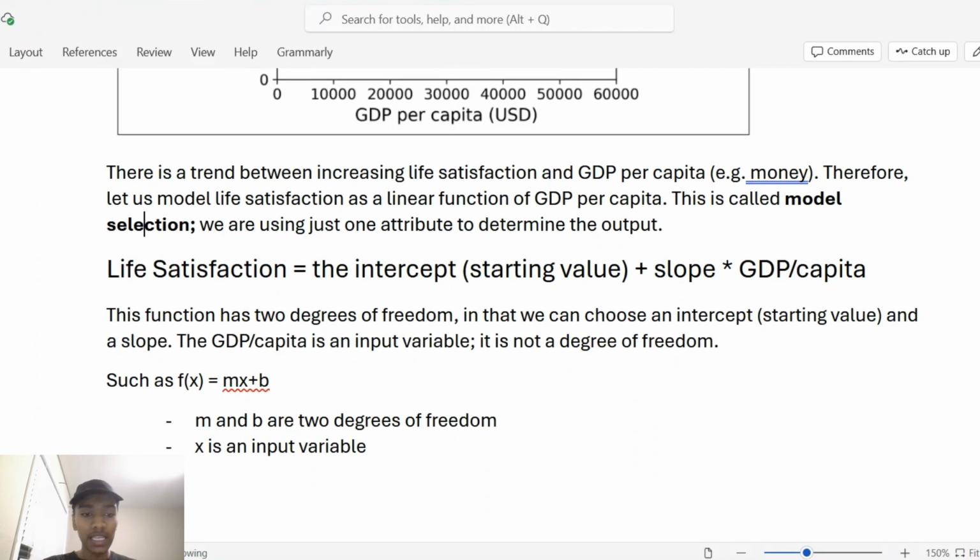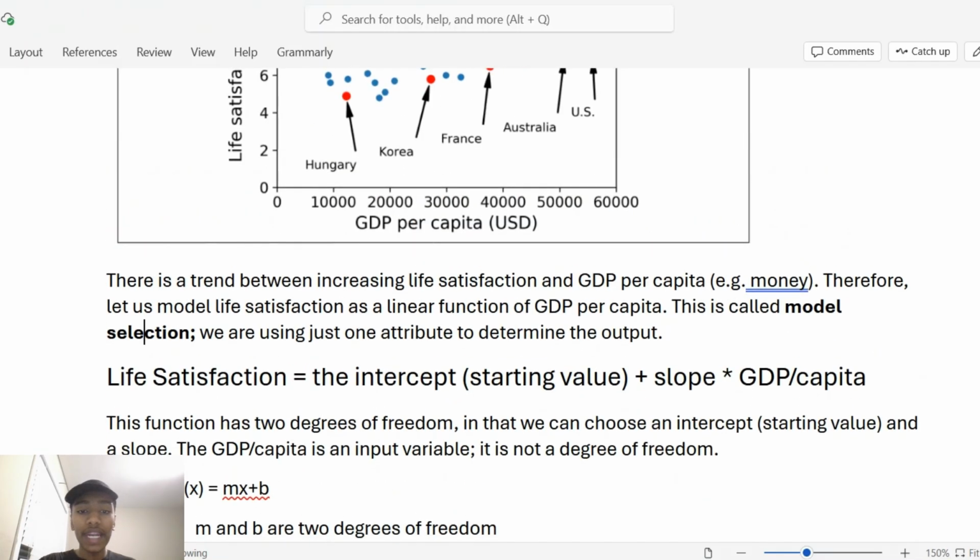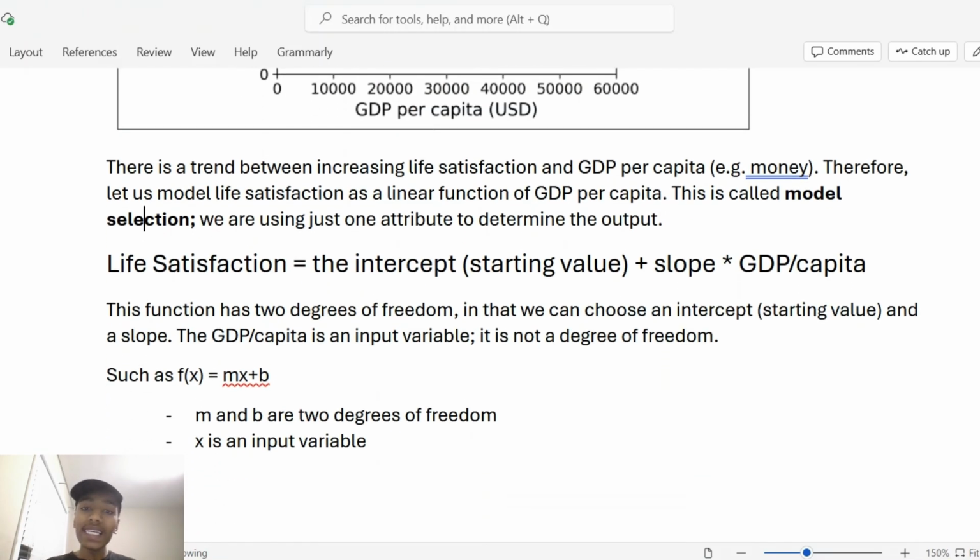And so going back, let's say in calculus, you have f of x equals mx plus b. In this case, m and b are 2 degrees of freedom. X is not a degree of freedom. X is simply an input variable. But what our machine learning algorithm is going to do is determine, based on the data that we have been provided, what is that intercept, that starting value, and what is that slope that we should choose in order to get the best